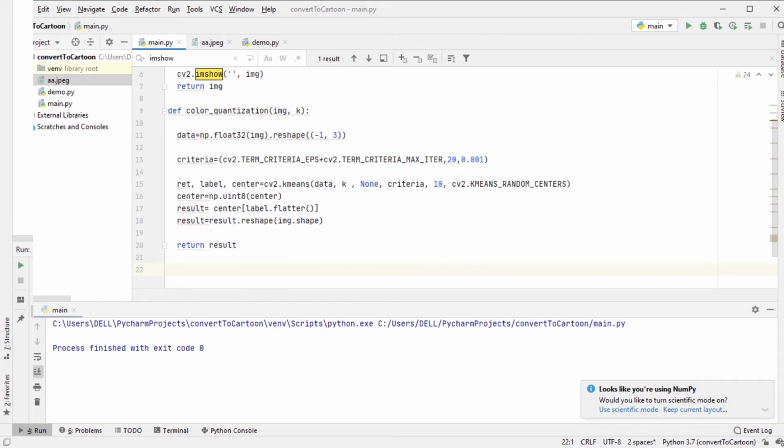Also, we need to make another function named edge mask for adding a mask over the edges of the image. So this will be like creating a sketch out of the image which we have passed. Creating that function edge mask, it will be taking the image, the line size, so we can pass the line size according to us, the blur value,